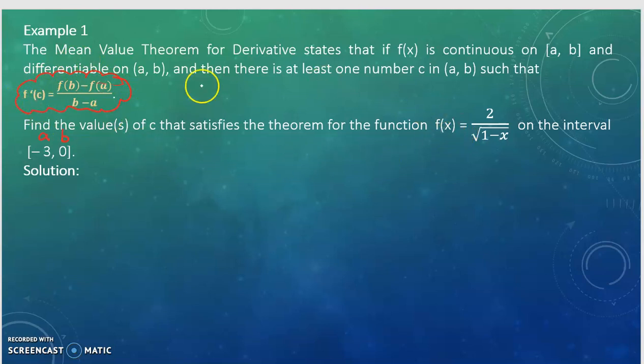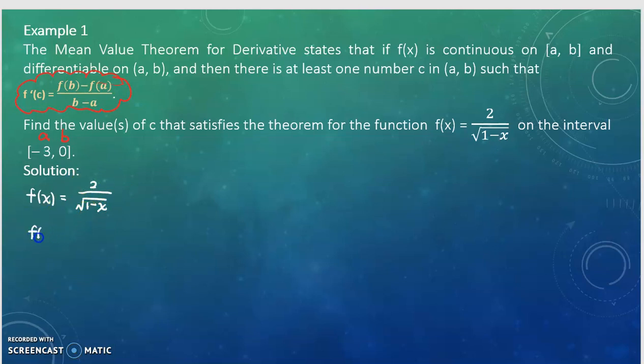From our function f(x), which is equal to 2 over the square root of 1 minus x. Instead of using the quotient rule, since the numerator is a constant,